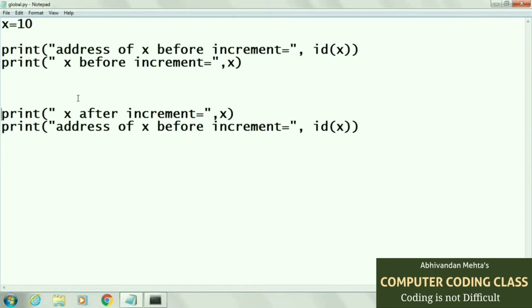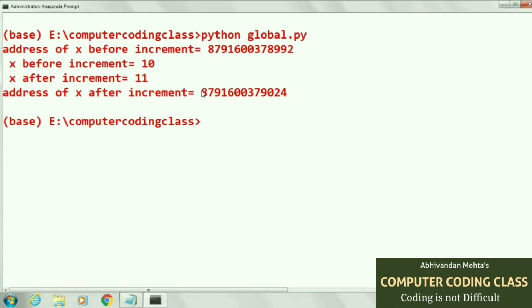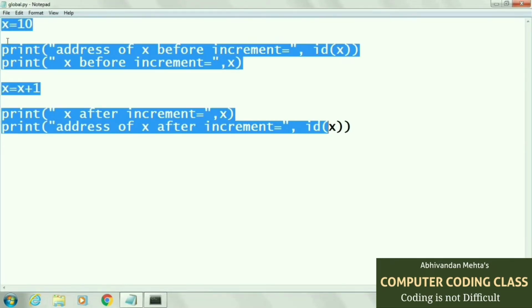Here we will check if we make any change in our variable, then if Python also assign a new address to this variable or not. So here we are incrementing our variable with one value. Now we are running the program and checking. You can see here that before increment its address is 992, but after increment its address changed to 9024. It means Python change the address of variable when we make any change in that variable.